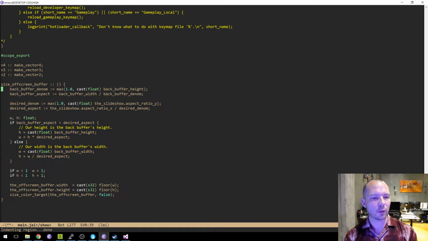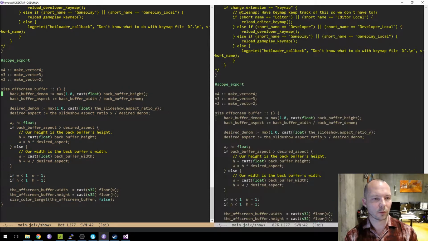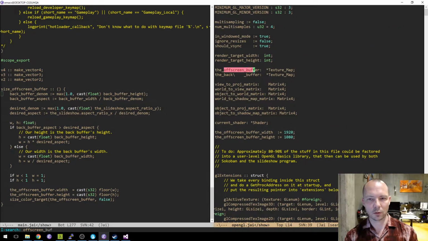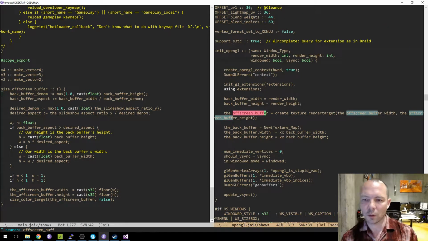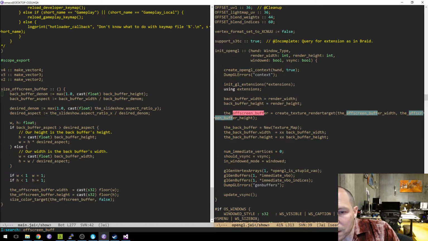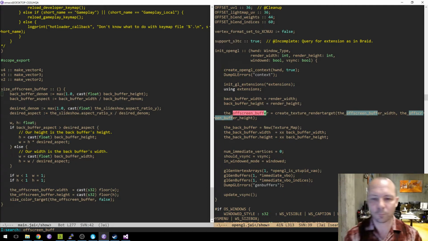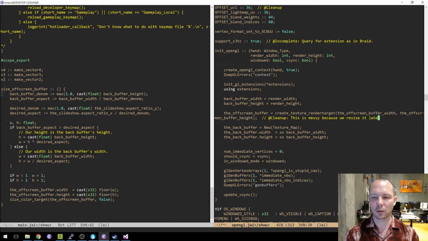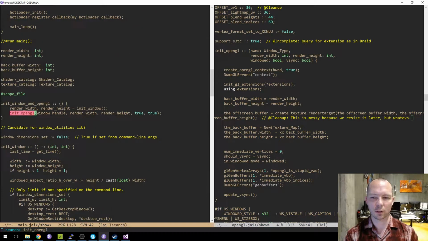Okay, you know what? So after we init OpenGL, I'll say this is also a speed issue maybe.